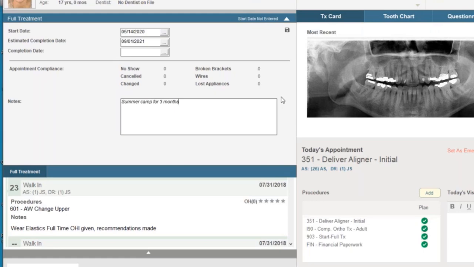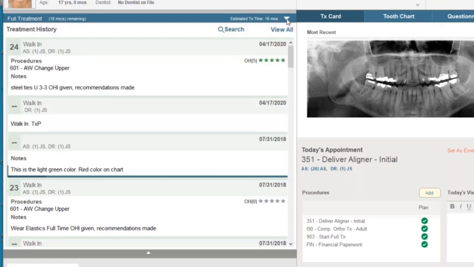And we can also see in this section, it will track her no-shows, her cancellations, and her changed appointments so that we can have an informed discussion with her about keeping on time with treatment. It also pulls in information about breakage from our procedure codes. So in moving to this type of chairside electronic system, you'll want to go through any procedure codes that you may have or add them for any breakage for brackets, wires, or lost appliances so that those features can be tracked right here. So when I hit save for this, it will go ahead and update her treatment bar, and